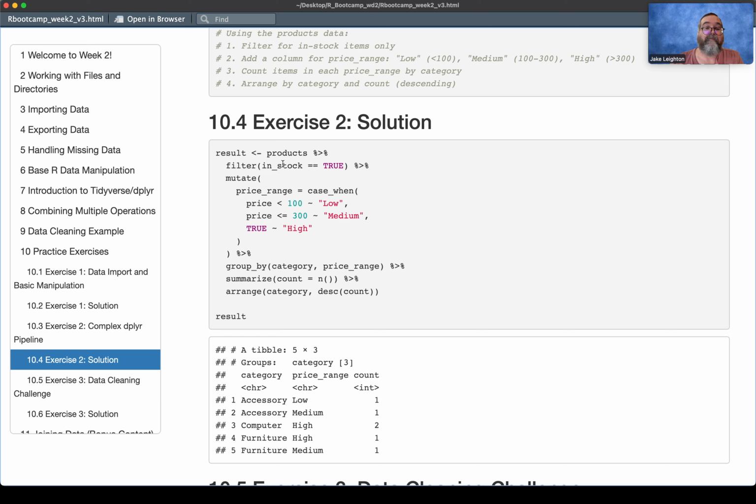So we've filtered just items that are in stock, and then we've put in a new column for price range, and then we want to group by our category because we want to see price range by category. Whenever you see "by category," you want to put a group by, right? So group by category and price range, right? So you want to know the category and a price range. So group by the category and the price range, and summarize the counts,